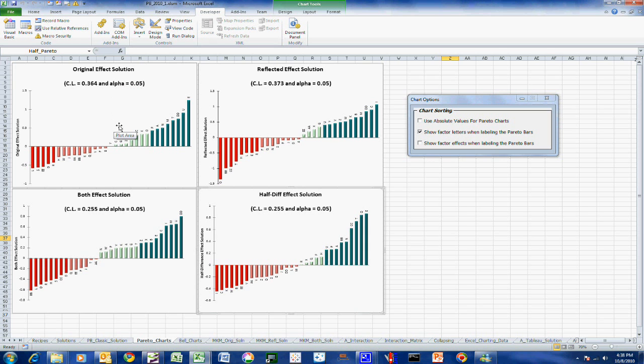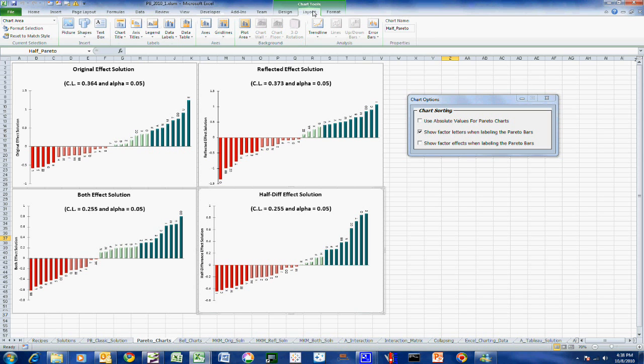So you notice that there are 4 colors given for each Pareto chart. The dark green are the definite helpful factors. In this case, control limit is 0.364, and if we look at this carefully, between O and P is where 0.364 is. Unfortunately, Excel doesn't give us the capability of drawing control limits on a bar chart. But if somebody would want to do that, of course you can do it manually by drawing a shape such as a line on the chart like this,